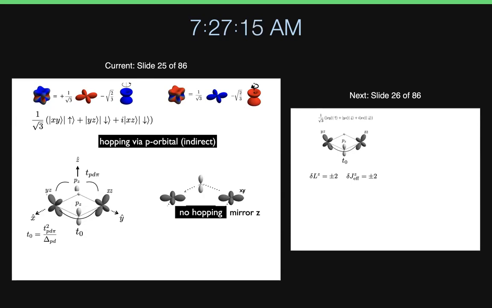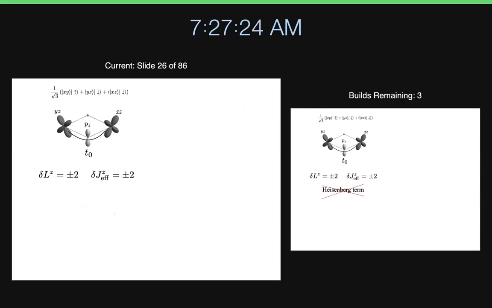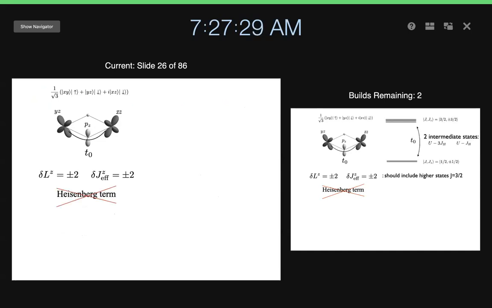In fact, we want the hopping process that goes through the p orbital, and that will be the one that generates the Kitaev interaction. So let me move this up here, try to show you some of this important process. Okay. All right. So if you look at these two here, remember that the xz and yz are part of the Lz equal to 1. And if I hop from the yz to an xz, one can show that this process has to change the angular momentum by plus minus 2.